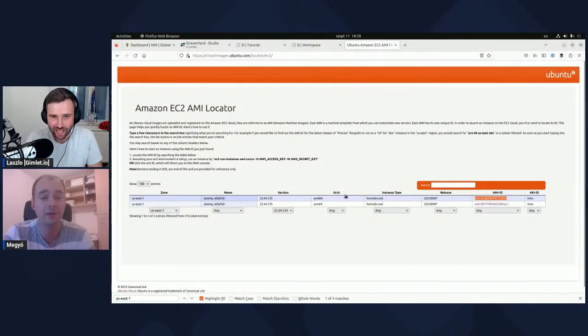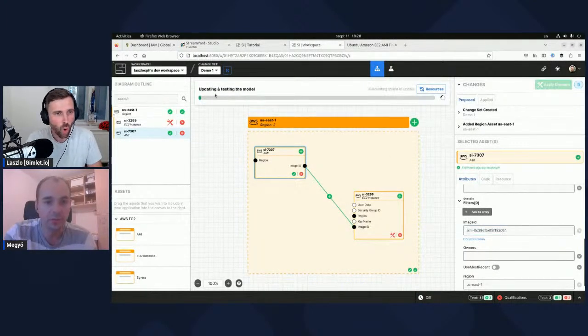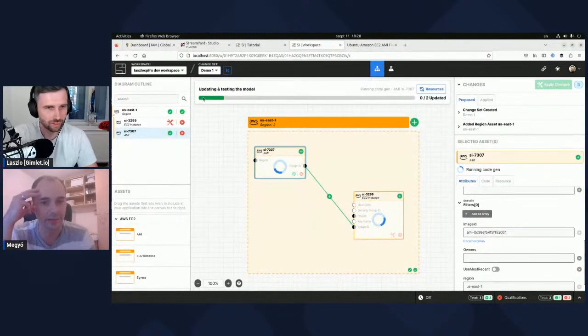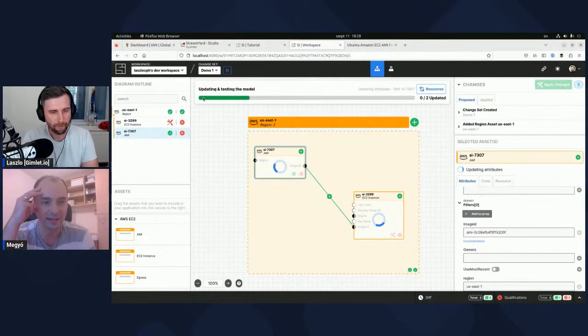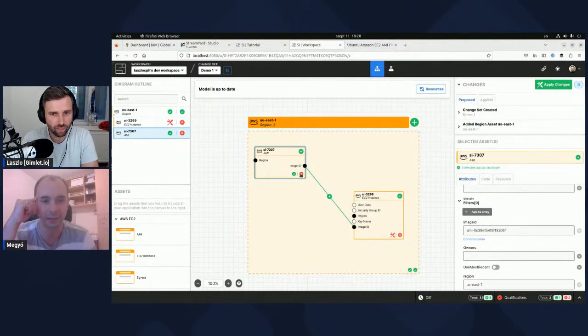So now if you put that hopefully into that box, you can see that the model is updating, and then the red X should go to a green check mark. Well, if this is a valid image ID, I think.